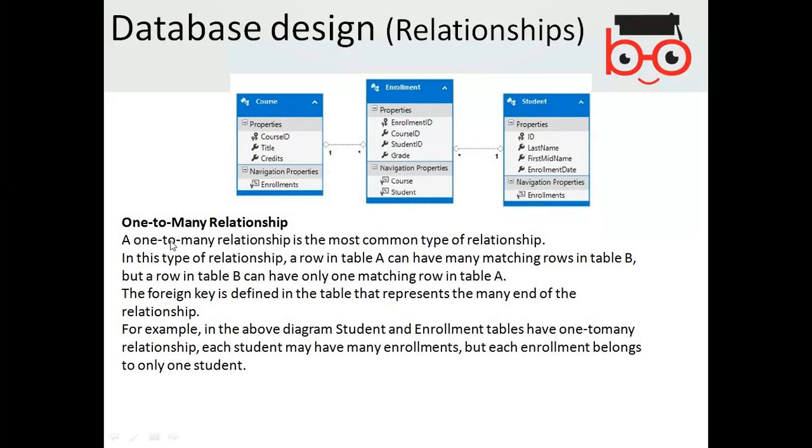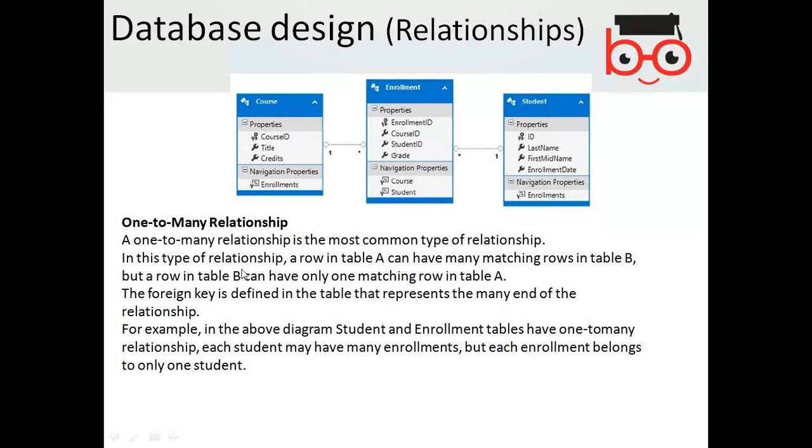We talk about the one to many relationship. Like here, one course has many enrollments, one student has many enrollments. The one to many relationship is the most common type of relationship.